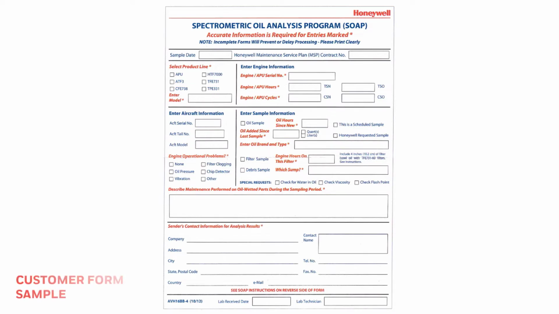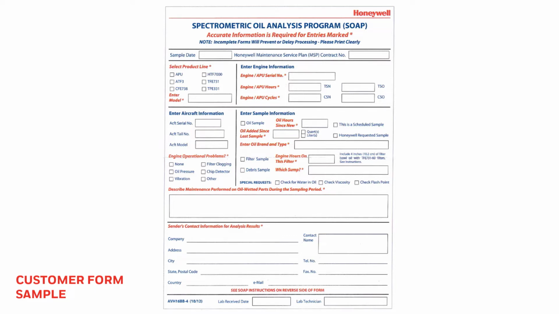The operators who are participating in the program will be submitting oil and filter samples at specified sampling intervals, as per the maintenance manual or SIL, or as per previous SOAP recommendations. Below is a sample customer form which is mandatory to fill for Honeywell to do a proper analysis. In the following sections, you will learn the key fields of this form which are highly recommended to be filled by